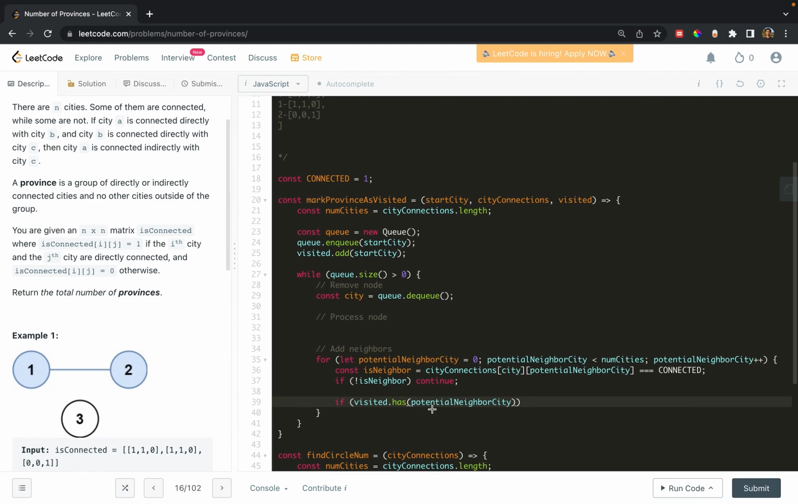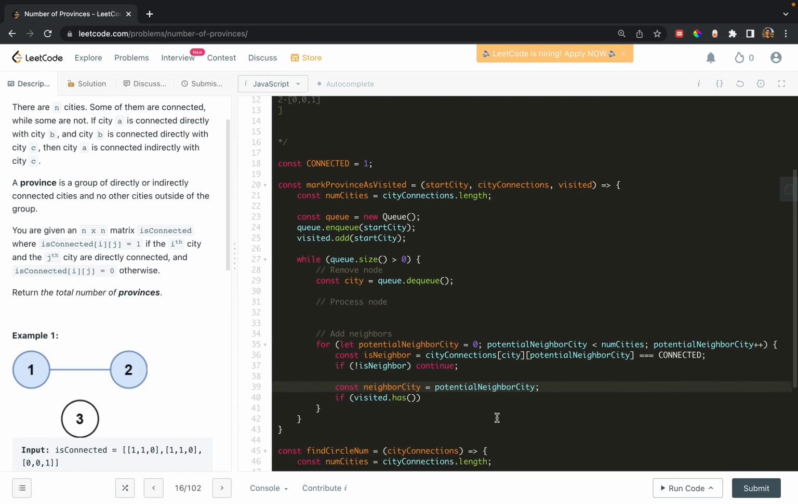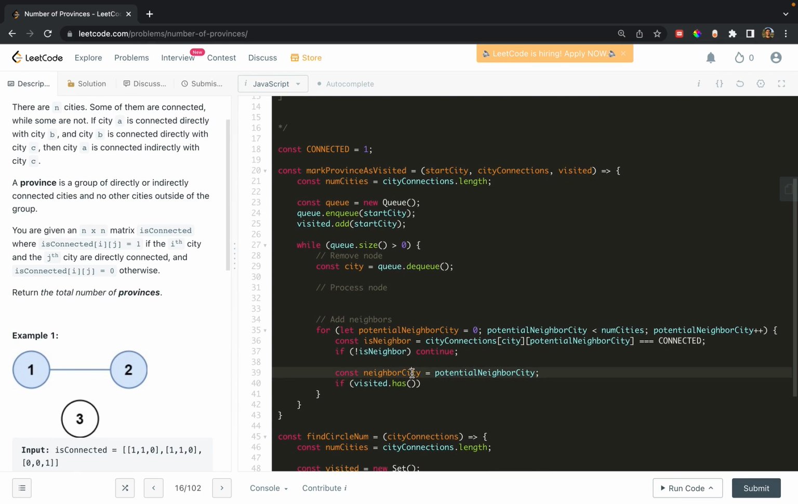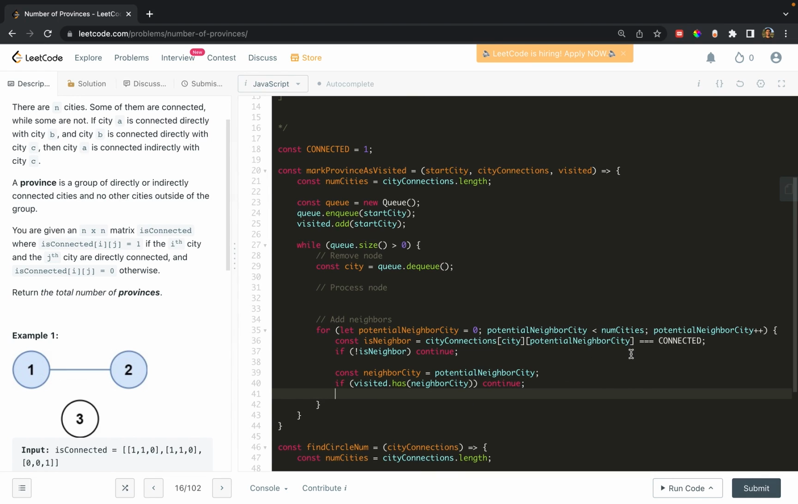Yeah, I mean, it's no longer a potential neighbor city. It is a neighbor city. So this is kind of up to you whether or not you want to do this. I would personally rename it like this so that we have neighbor city. So it's very clear now that we know it is a real neighbor. But if it's already visited, we can just continue. And the other note is we want to add it to our visited set immediately. And the reason is because